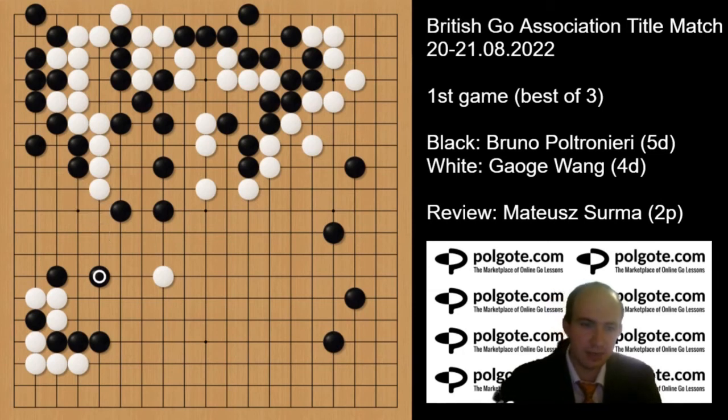Like black doesn't get points here in the center, but black loses points when white plays this move here on the side. So I think it's not so necessary to play there, and I think it could be a bit more interesting for black to play simply the same way, but without that exchange. But okay, now white started some very nice combo